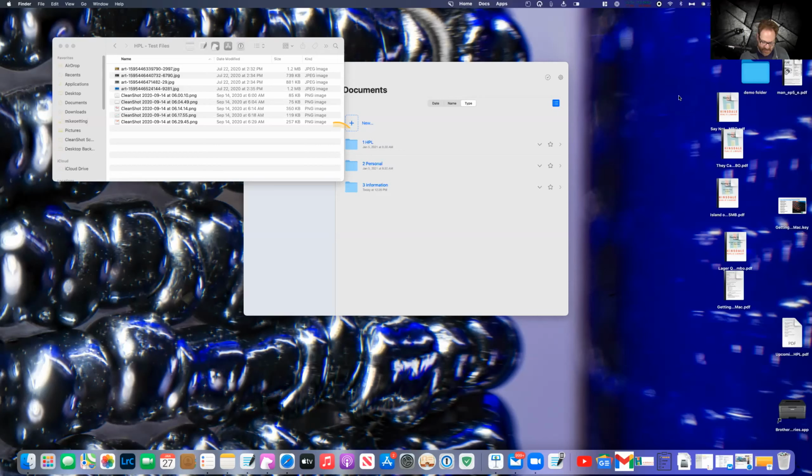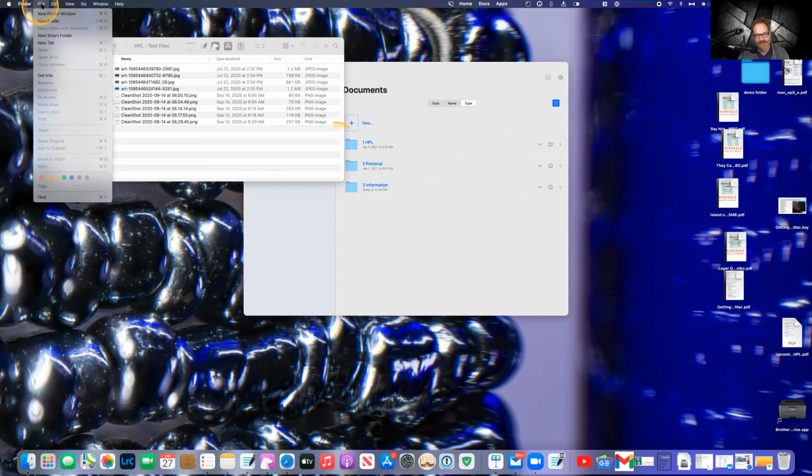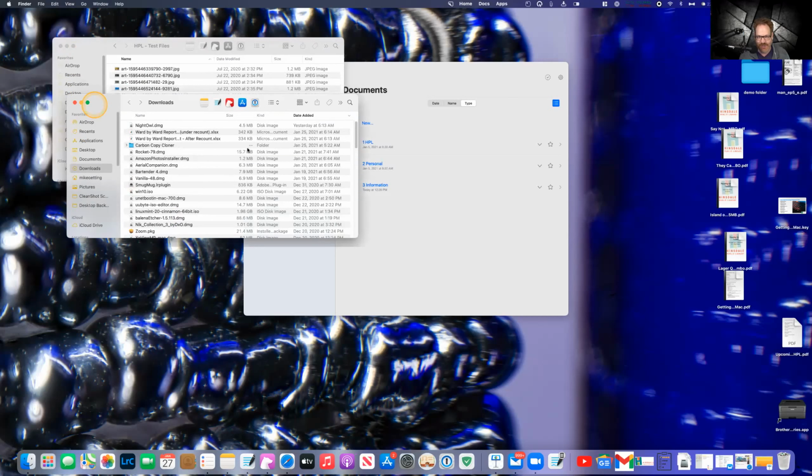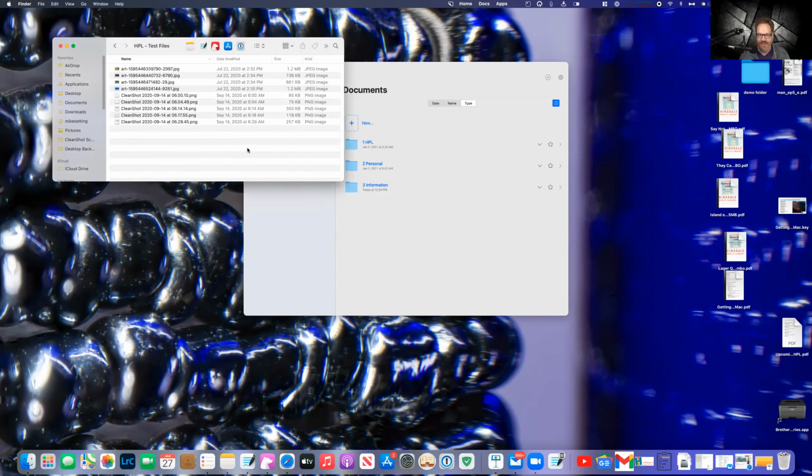So let's talk about the Finder. So the Finder on my dock is down here in the lower left-hand corner. But basically, you can open up a new Finder window by clicking on File, New Finder Window, or you can just click down on the dock and you'll find a Finder window. So this is where a lot of us do a lot of the file moving and copying and that sort